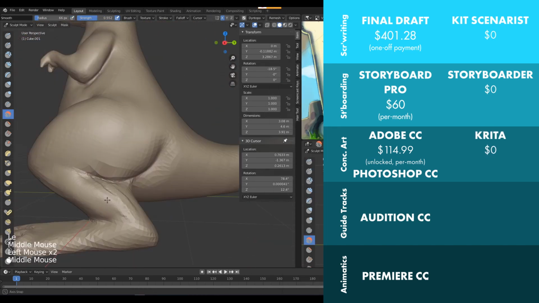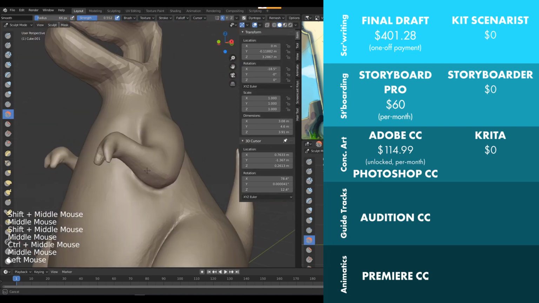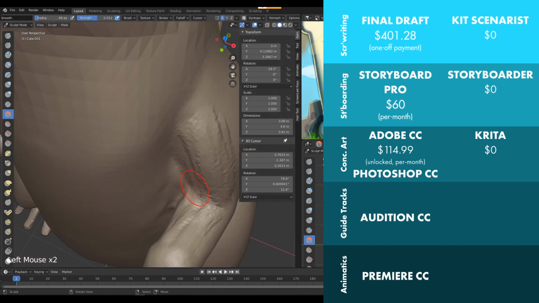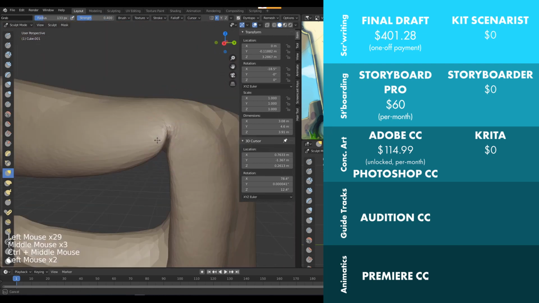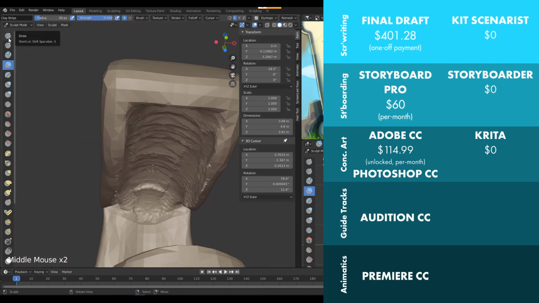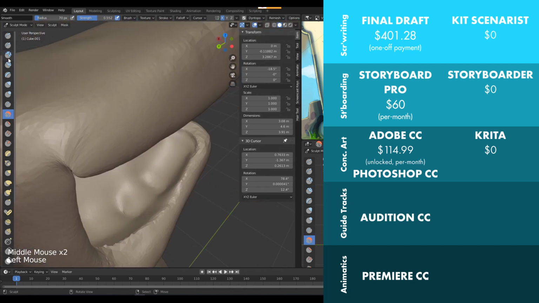Okay, for concept development, I recommend Krita. It's again $0, it's open source again, and I don't know what else to say about Krita. I love using it. It has an even better tablet drawing experience than Photoshop, and its default brushes are so good I never feel the need for more. It's an amazing piece of kit.